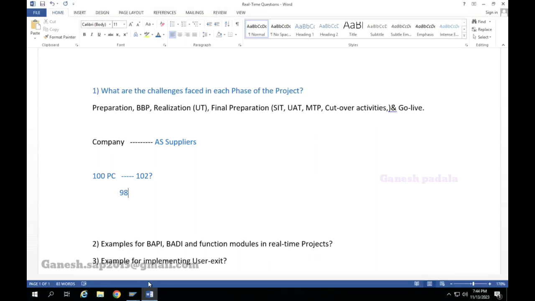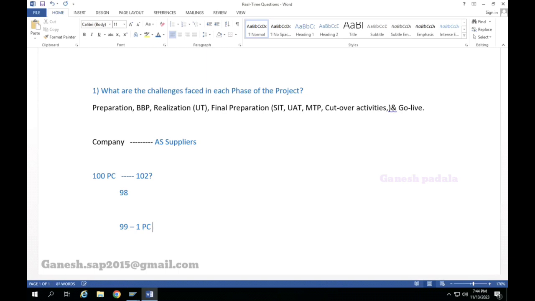If there is 1 quantity damaged, what do you do? A few companies receive 99 and return 1 quantity. Recently I was working for a New Zealand client. They don't do any return process. What they do is the vendor will send the 1 piece in a later shipment, and they ask them to take this 1 piece as free of charge. So they create 1 item in the same PO, or they create 1 free-of-charge PO. There will not be any invoice. They receive this 1 quantity, and the 99 quantity will be there like that. When they get the next 1 quantity, they will do the value PO for 1 piece.